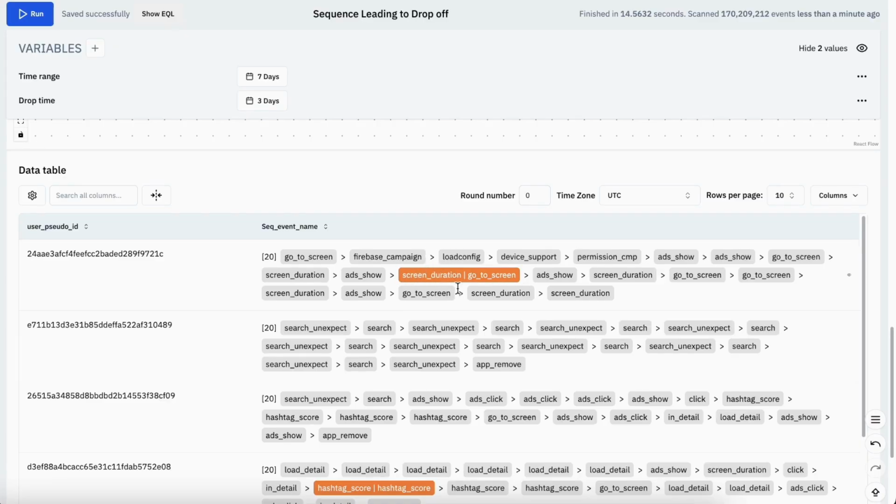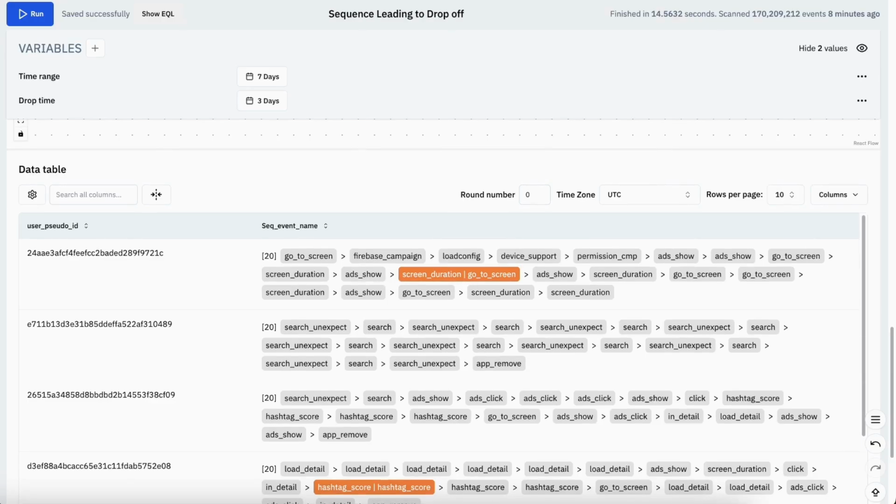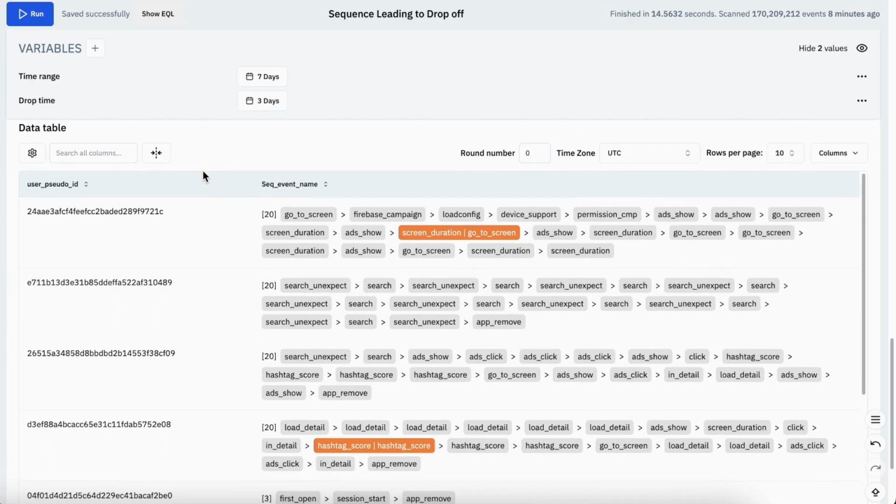Now that we've generated the last 20 events for each user before they dropped off, we can start exploring these sequences. For a bit more context, the Awesome Demo App 2 is a wallpaper app. In this app, users can browse through different wallpaper options, preview their 3D effects, and download the ones they like. So, in this sequence, what we're trying to analyze is the set of events users triggered before they dropped off. Essentially, understanding what they did before leaving the app.